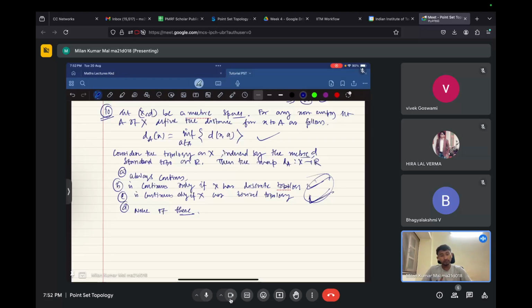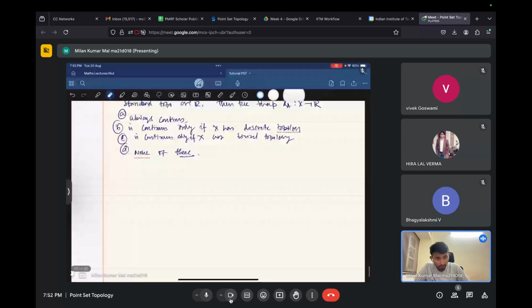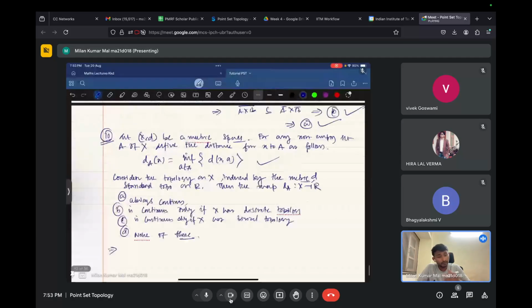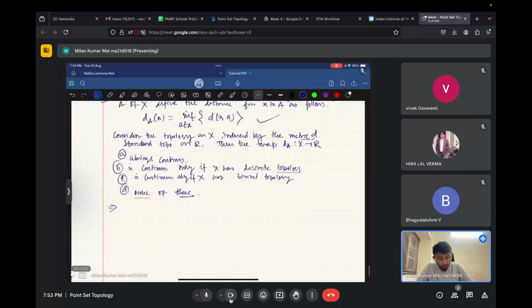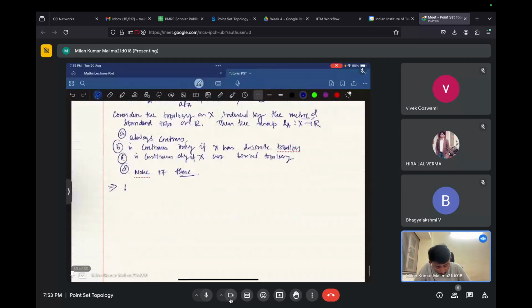And when it has trivial topology, only then the function is continuous, that is also not correct. This function is always continuous, whatever topology the Tx may have. And that is coming from the discrete topology. So that is coming from the topology generated by the metric D. Okay, so we will prove that